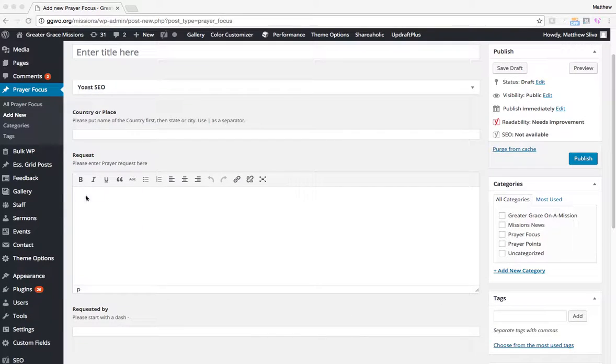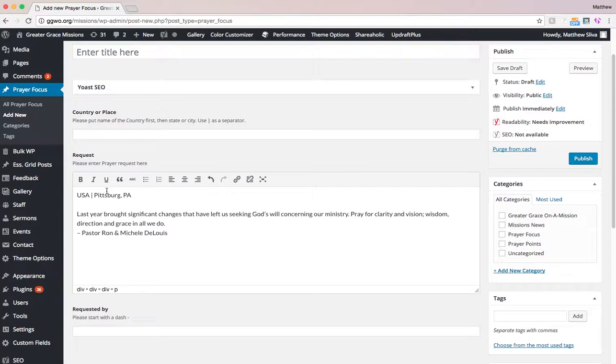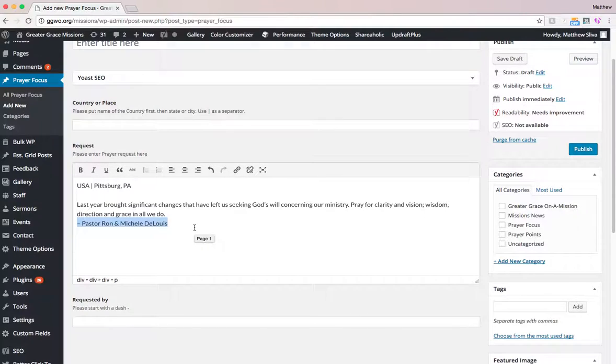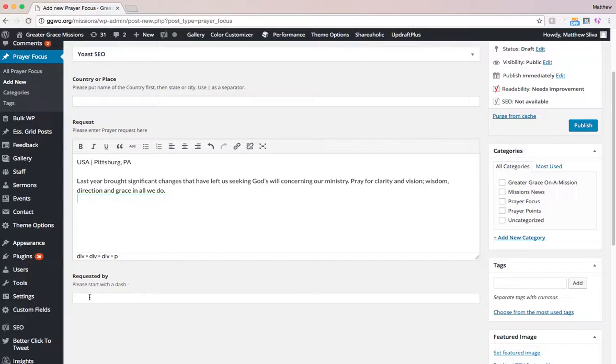But what I do is I like to copy the whole thing from the PDF and put the whole thing right here in the request section. So that way I'm not going back and forth so much, and it's a time saver. So I want to cut out the name of the pastor and the wife and paste it here in the requested by category,